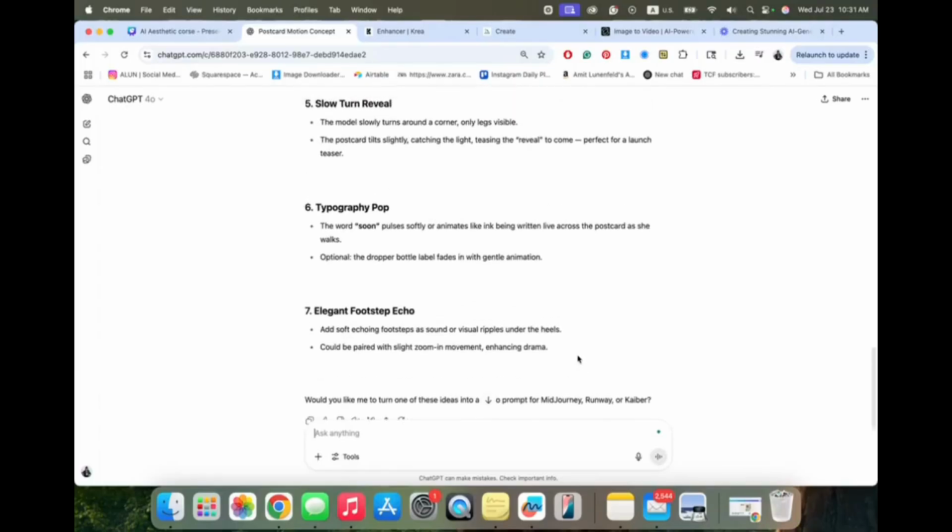So if you created an image and you're not sure what you can do next, you can also ask ChatGPT what is possible here. So we still see that we never get it on the first shot. It's always iteration. It's always trying. It's seeing what works with AI, what isn't working with AI.